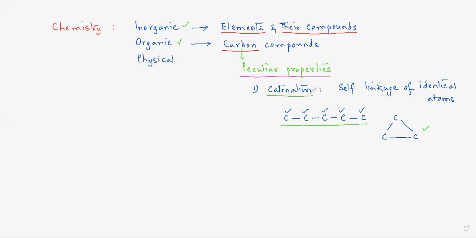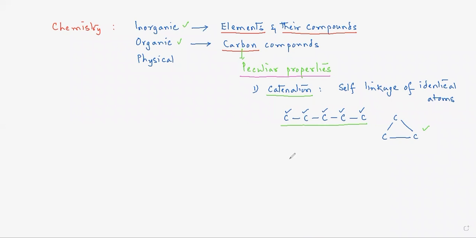You may get one question in your mind. But why? Why only carbon? Why only carbon can form this kind of chains, this kind of rings? Yes, that's an interesting question to discuss. Because this bond is a stronger one. If there is a bond which is a stronger one, such bonds, in fact, are formed in a large number.